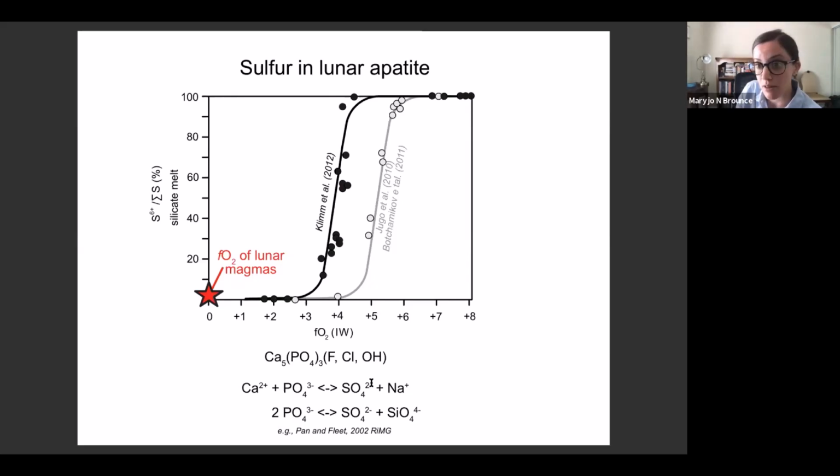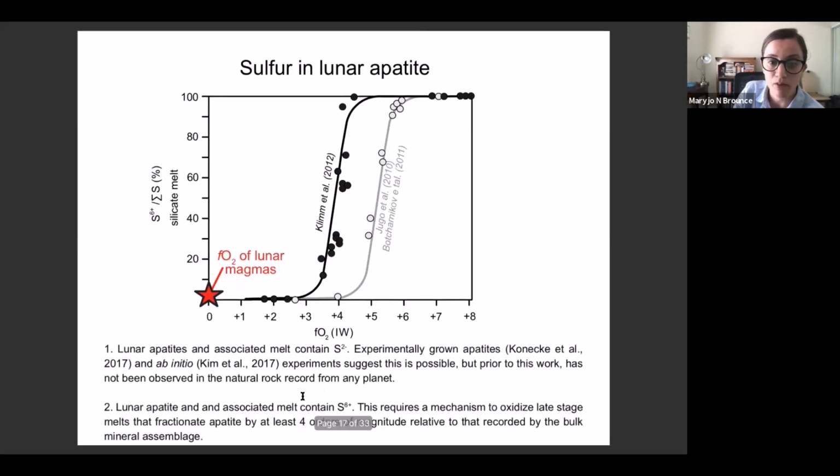So if you can't stabilize sulfur 6+ in the magma, there is no sulfate anionic group available to partition into apatite in the first place. So it was very surprising and very difficult to explain why there are hundreds of ppm sulfur bound in apatites from lunar rocks. There are 2 options. The first is that those lunar apatites and the melts from which they grow contain sulfur 2-. And Brian Konecki has done some great work